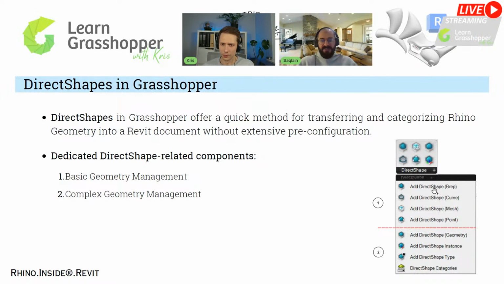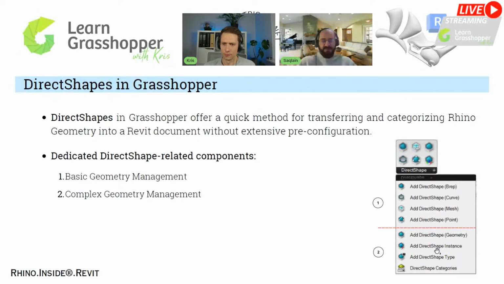Based on the applications, we can simplify them into two categories: basic geometry management, like Add DirectShape BREP, curve, mesh, and complex geometry management. In the basic one, you give one input, maybe a geometry, a point, or a curve, and push it easily into Revit. With complex geometry management, you need to provide the location and set the material,